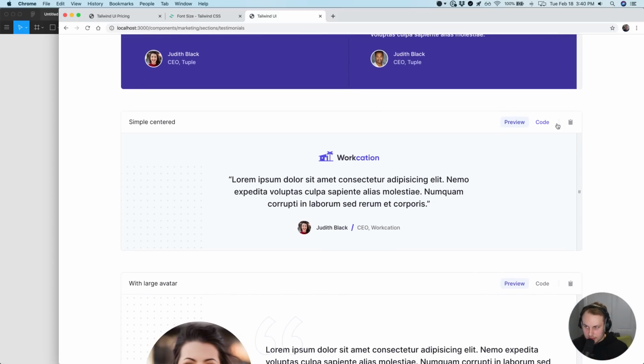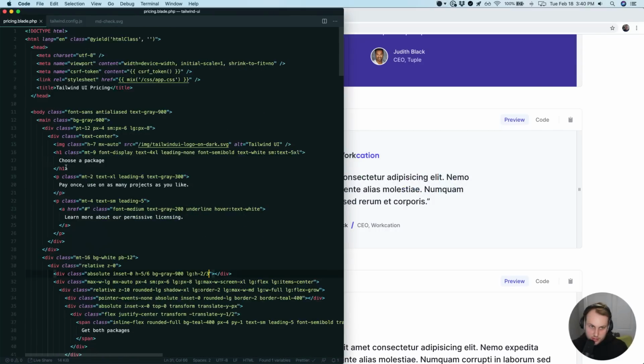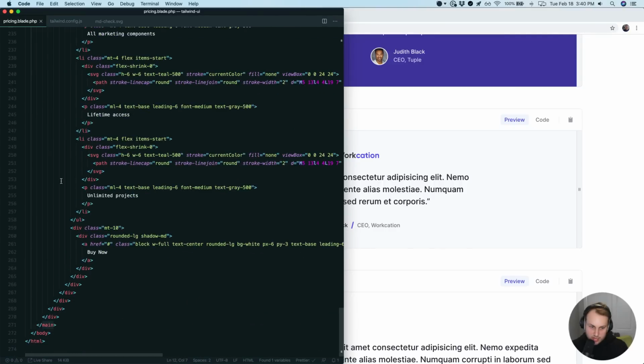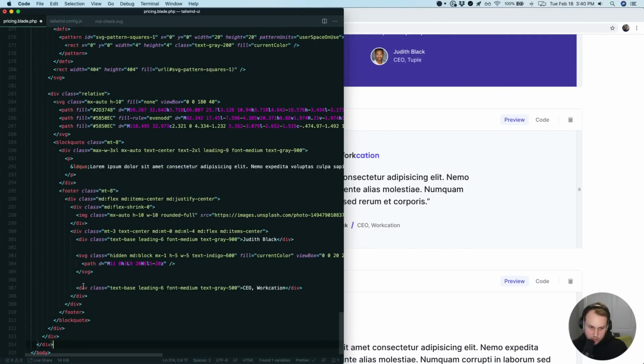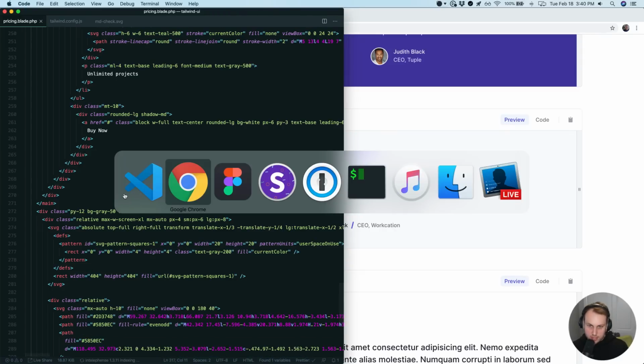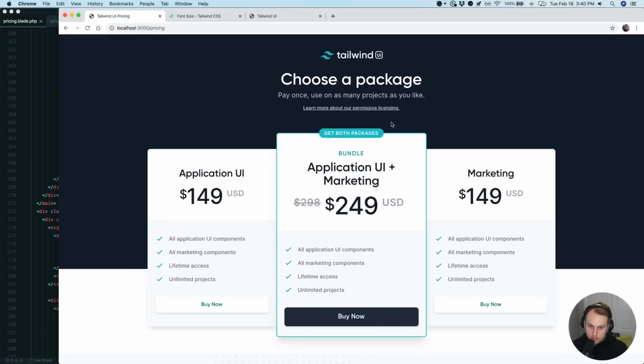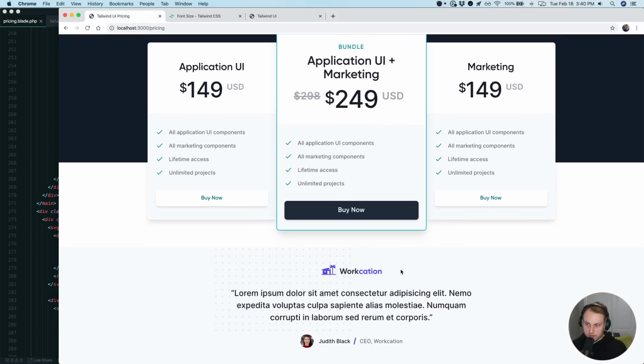So I'm just going to copy the code. I'm going to head over here. I think we'll do it just right after the main section. Let's just see what we get in the code. Okay. Looks like we get something pretty reasonable, in fact. All right, so there's the start of a